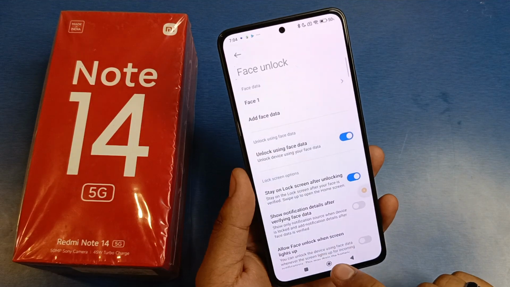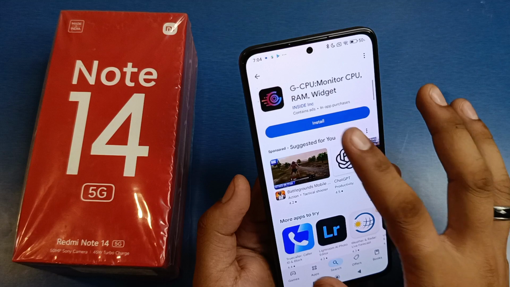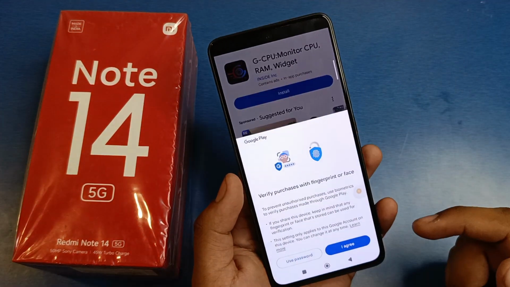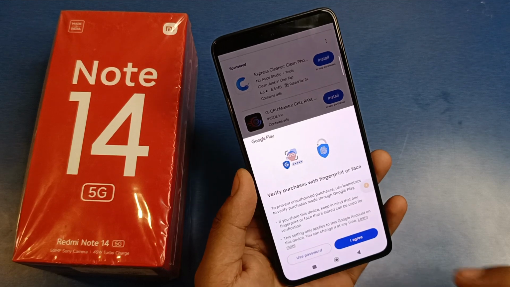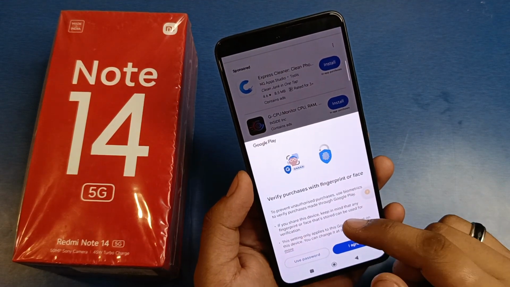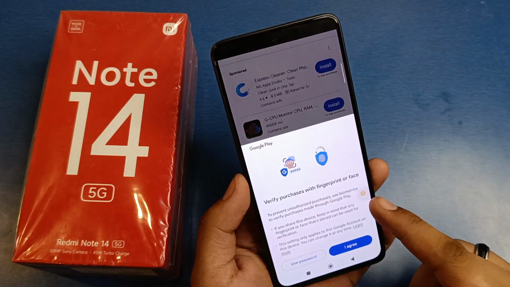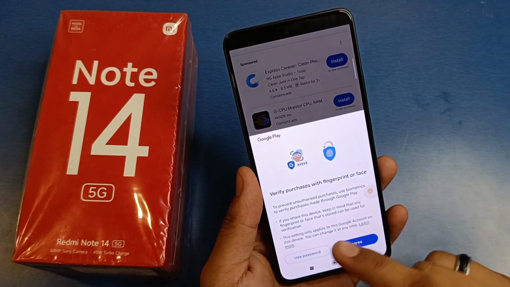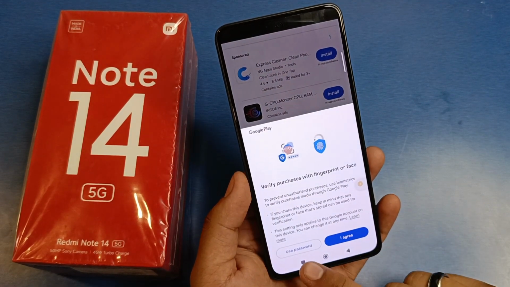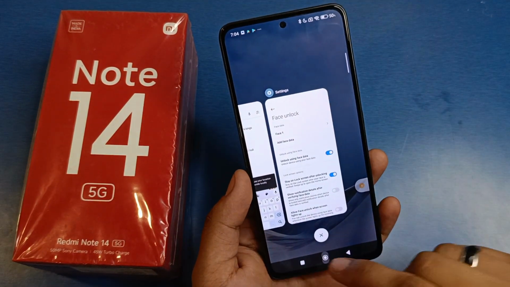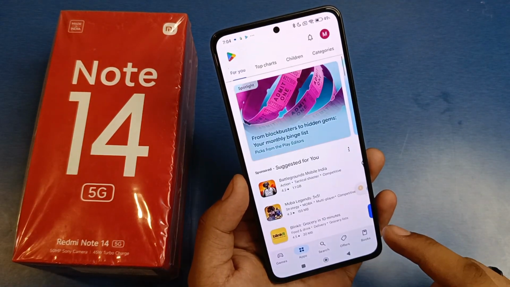And after that you have to press back, open the Play Store, and download any app like this. If it occurs, you have to click on it. You can see it is showing that to prevent unauthorized purchases, you have to verify using biometrics, fingerprint or face or any of your passwords. Then you have to just remove it like this, and then open the Play Store again and click on this,